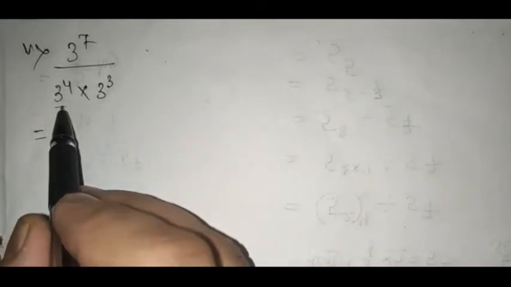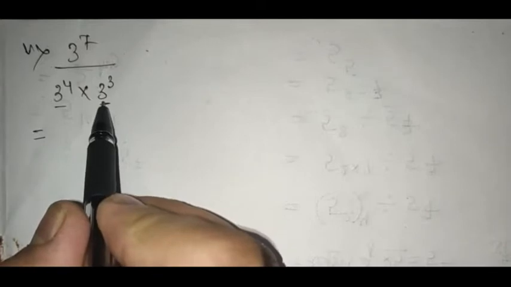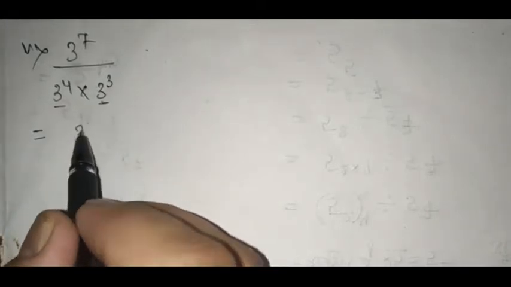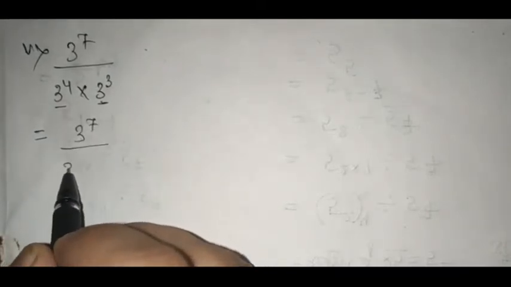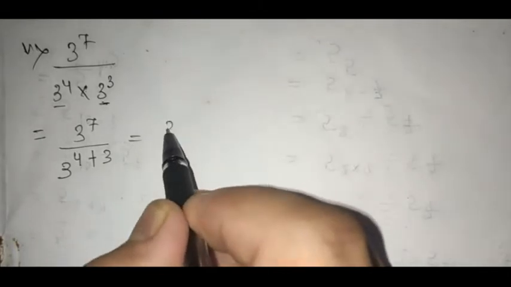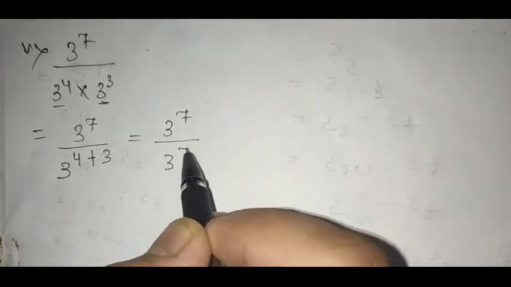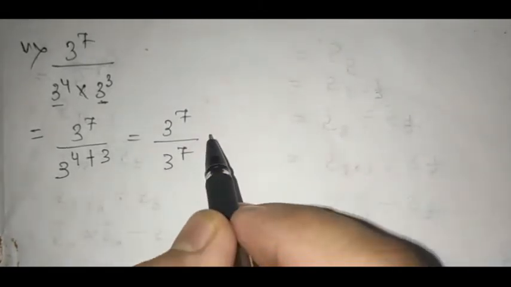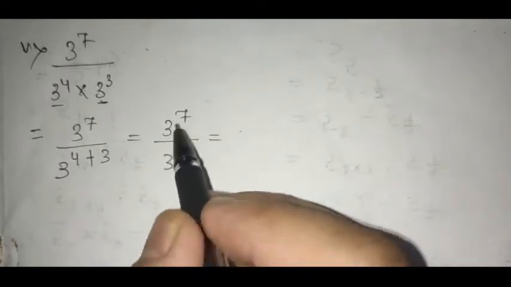You just see below that in the denominator there is the same base, and multiplication is there. So let us solve the denominator side first. Whenever you have multiplication with the same base, the powers will be added. So 3 to the power 7 divided by 3 to the power 7 it will be, right? Now if such is the condition, this means it is division, no?